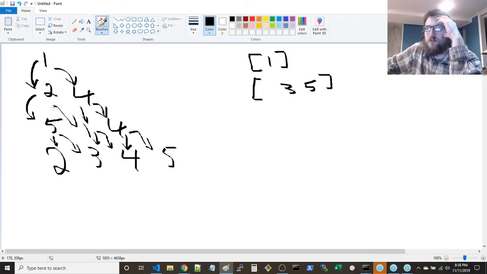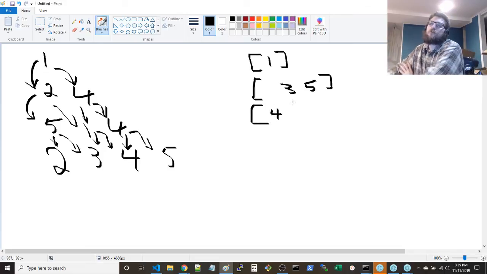Then from here, from 3, you can get 8 or 4, right? I don't know if that's correct though. Actually, I'm not really sure. If you take the minimum at that point, 3 you can go to 8 or 4. If you take 4,